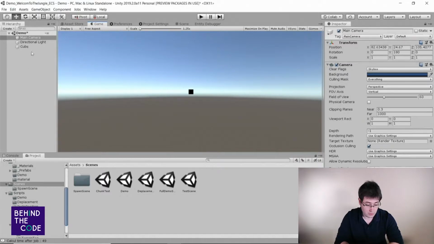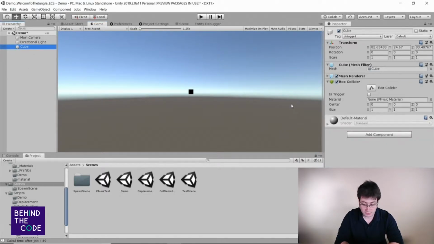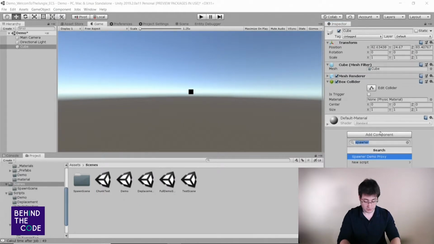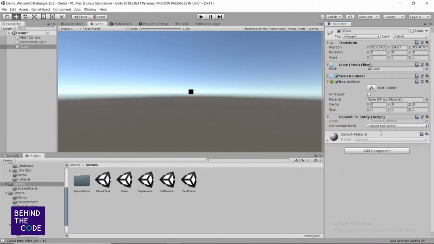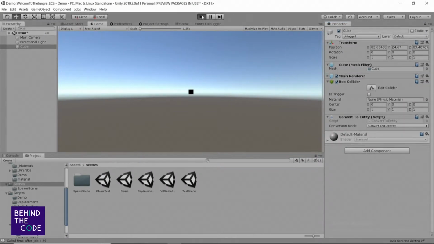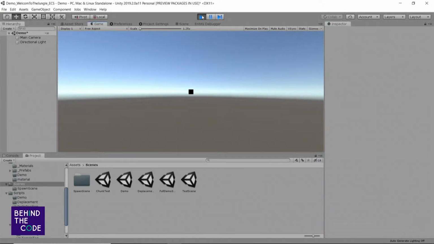To create an entity, we only need to add a little script provided by Entities, which is Convert To Entity, and that's it. You don't see the game object anymore, because it disappears from the hierarchy window, but you have your entity.